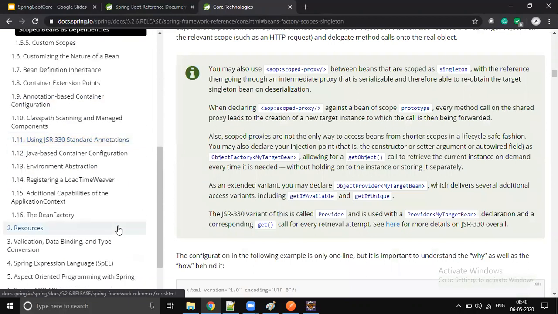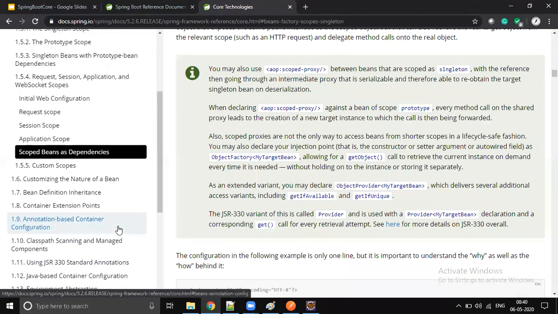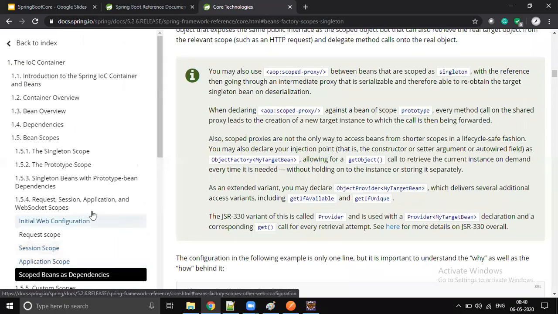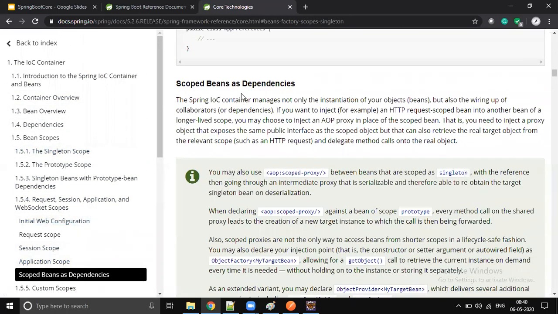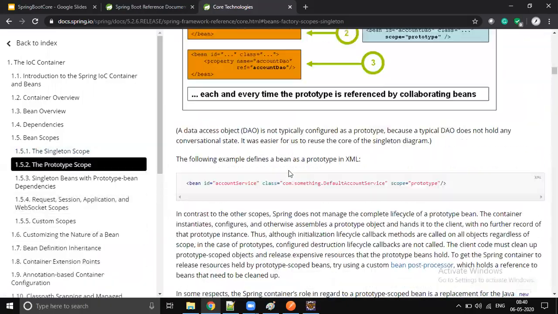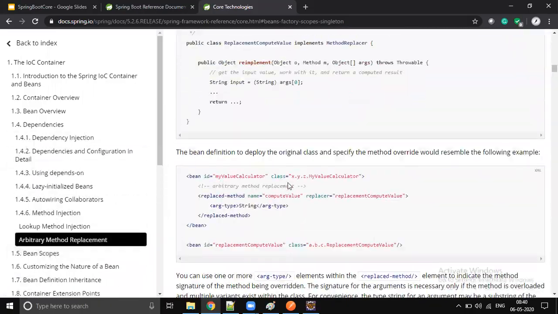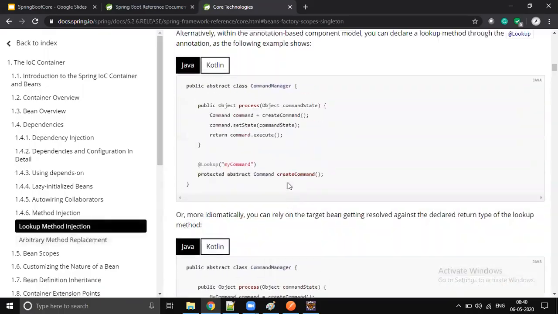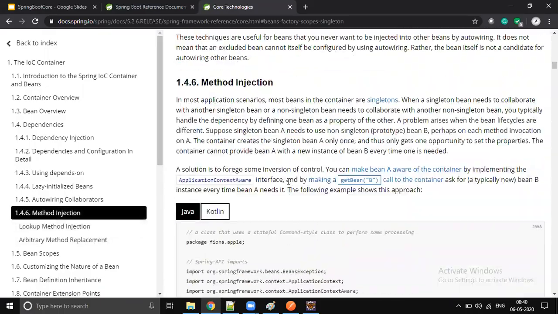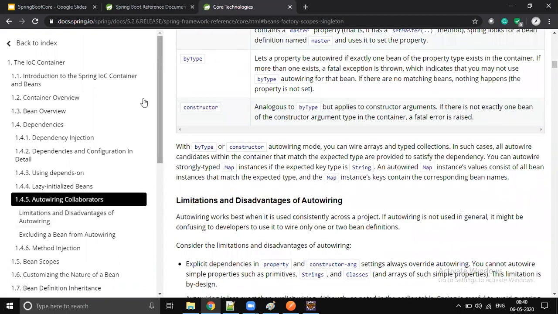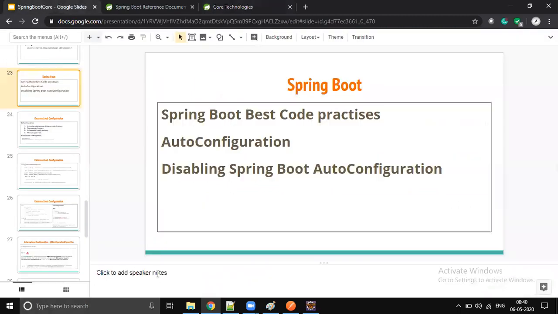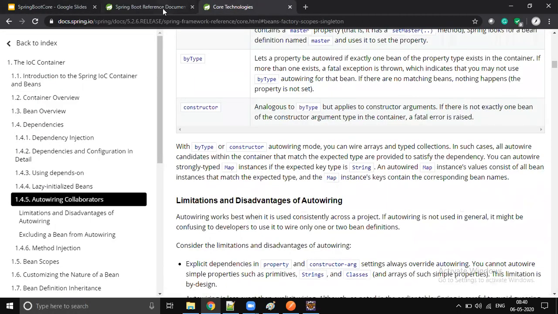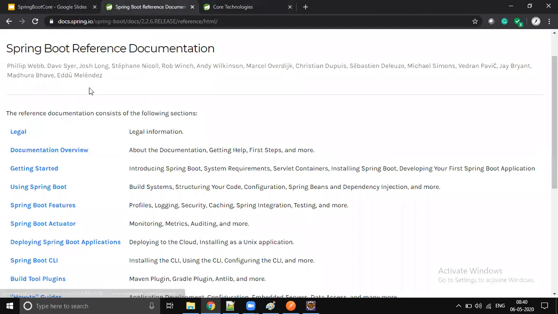So this is all about the core documentation. I hope we are covering almost everything that is there in the documentation, except like 10-20% which are very rare concepts. Other than those things, we are covering everything. So this is the actual learning of Spring, that we are following the actual documentation. But now we are done with the core. Now it's time to learn some few core concepts of Spring Boot.